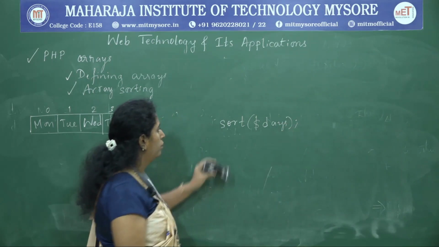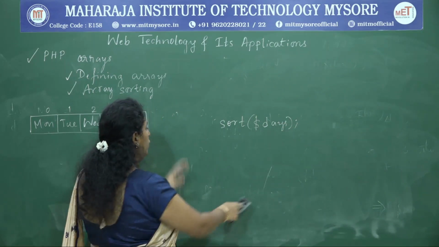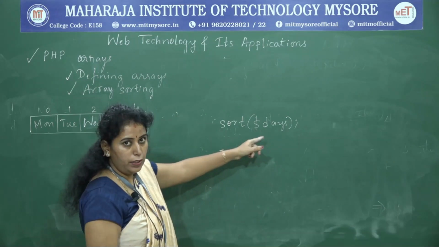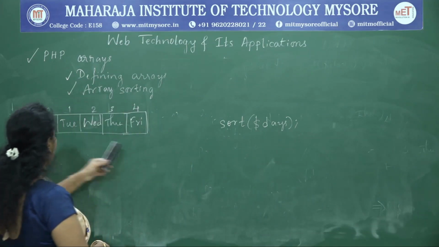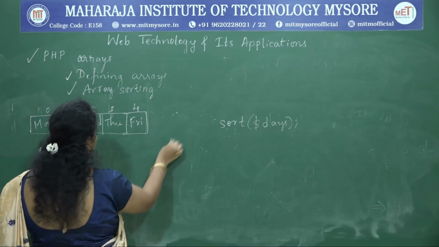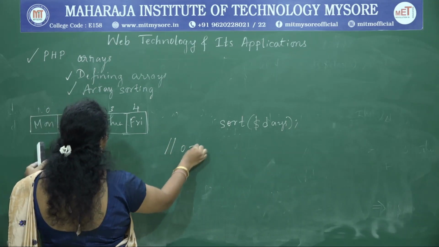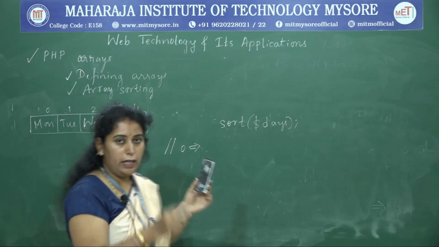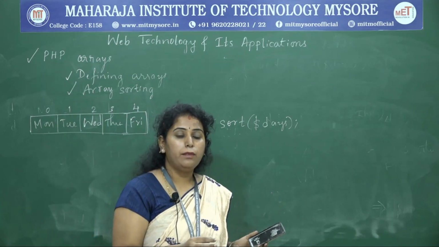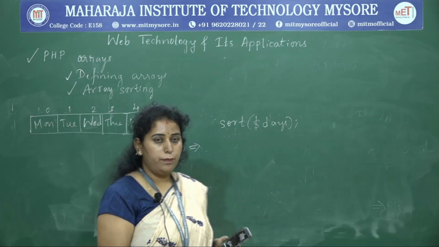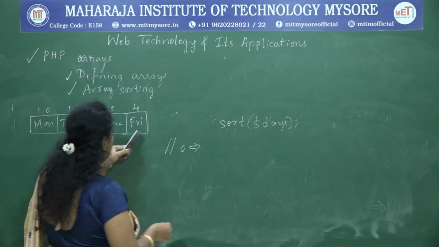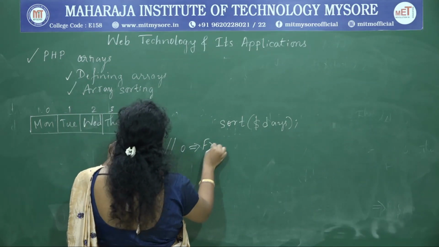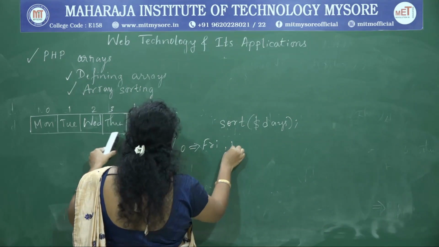When you call the function in this way to sort the elements of the array days, these elements get sorted. So finally the output is in the 0th index. Sort means that the elements of an array or string will be alphabetically sorted. Now in the 0th index Friday comes, then in the first index